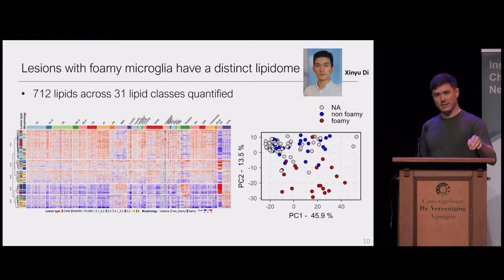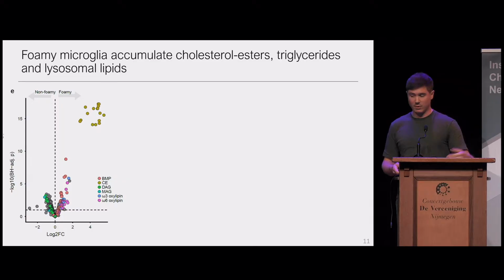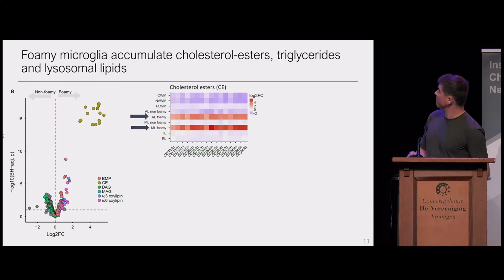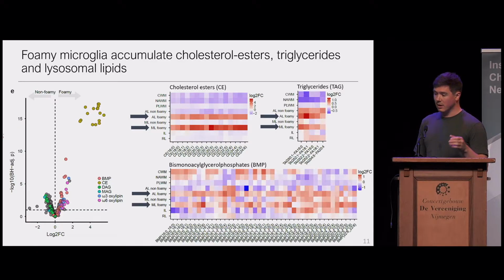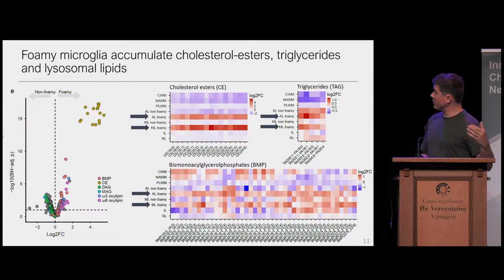And what is driving this separation is mainly cholesterol esters that we see accumulating in these foamy microglia. The cholesterol esters are really a marker of lesions that contain foamy microglia, but we also see increases in triglycerides, and interestingly we see increases in bis(monoacylglycero)phosphates, which are lysosomal lipids, which indicate that these microglia have a higher lysosomal load, which could indicate more phagocytic